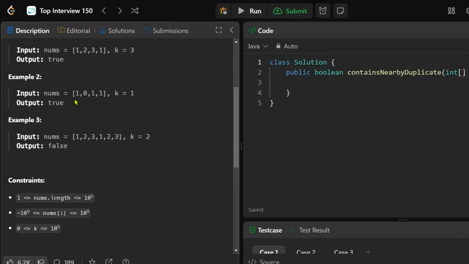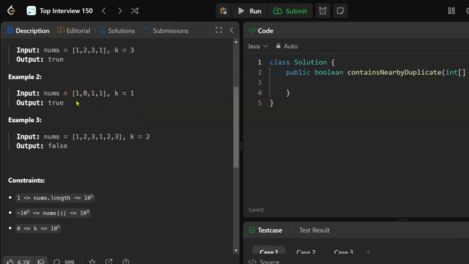It's true. If it's not, if they're too far away, then you take the index of the new number, the second number that you found, the matching number. And we're going to try to find another number that matches that number and is within k indices. And actually,